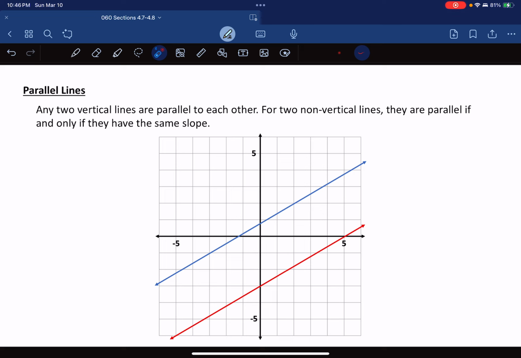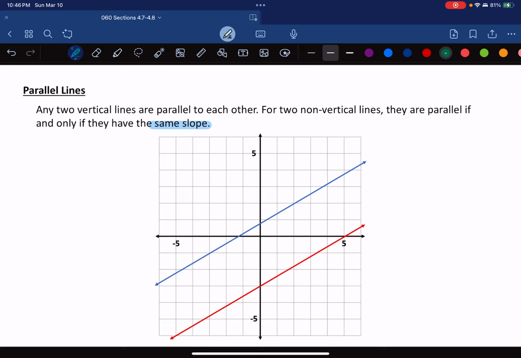The thing about parallel lines is that they will have the same slope. And that's the reason why they never meet. They're going to constantly change at the same rate. And because they're constantly changing at the same rate, their trajectory is going to stay consistent and they will never